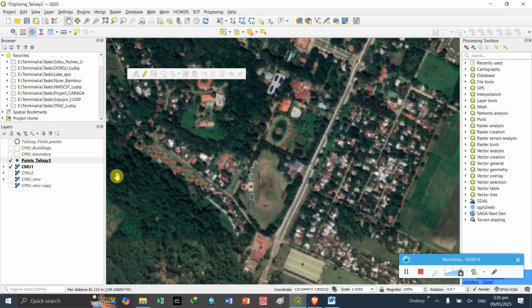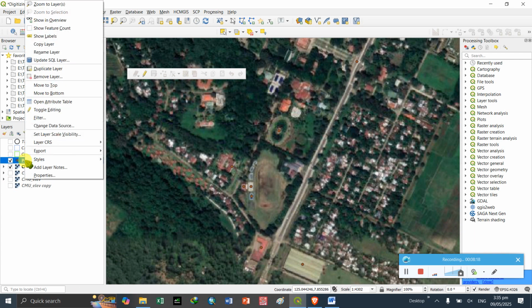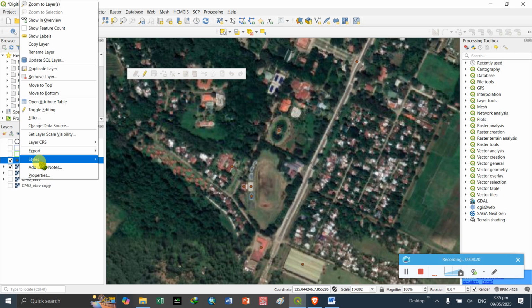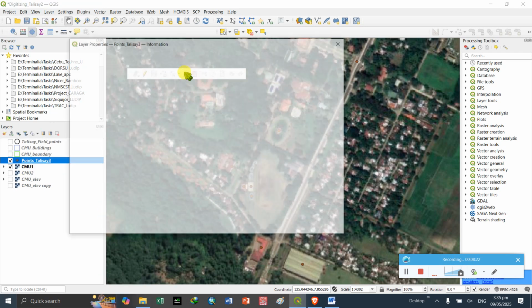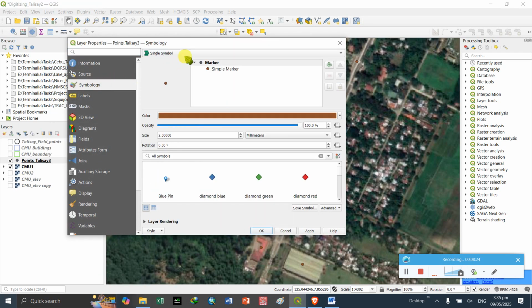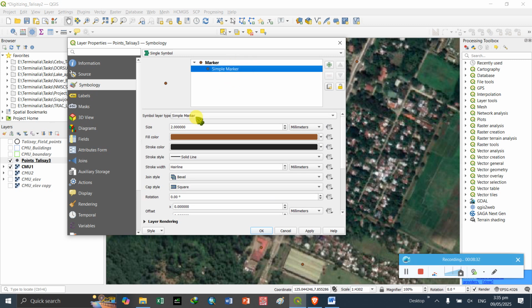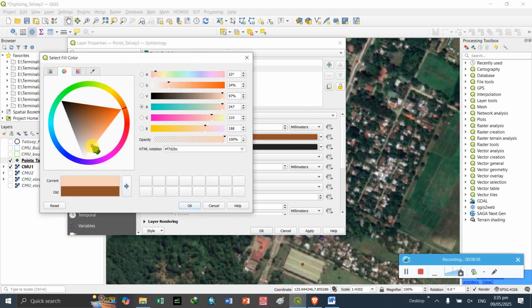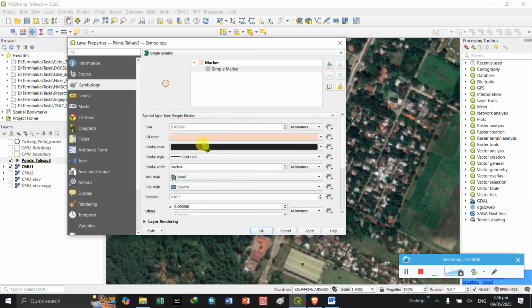The same thing that we've done with exercise 2. To edit the symbology, right click, properties, and then go to symbology, and then we can set the color by clicking the simple marker, and then set it to 5 to increase the size, the color, and then the outline solid.